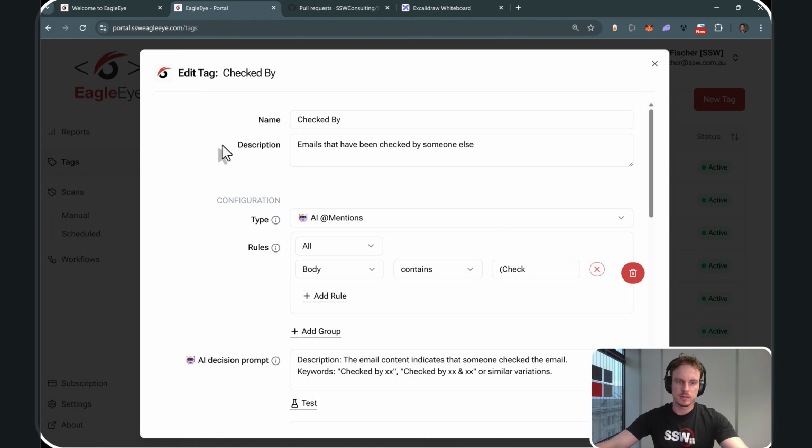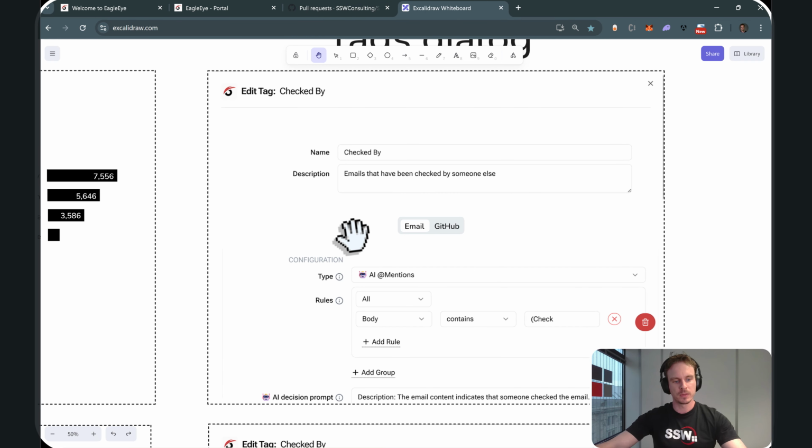So all this logic here, or all these fields, are to create the rules for emails. But now we need to implement GitHub. So back to the mockup. We solve this issue by adding a tab here inside the tag. And if you select, for example, the email tab, you would have to fill all the information regarding emails. And once you do so,